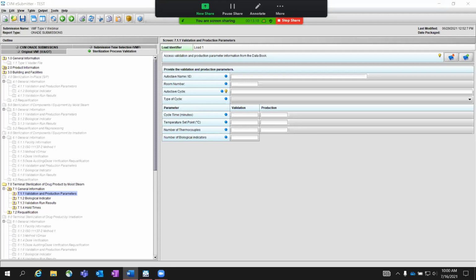For each load, the autoclave number, room number, and autoclave cycle number are requested if applicable. As noted in the provided hint for the autoclave cycle field, this field allows you to identify the cycle used for the sterilization of this load. The next box is for the type of cycle. If the bioburden cycle is selected,